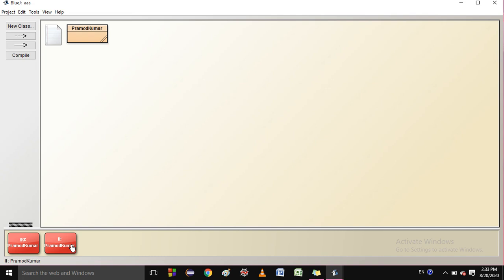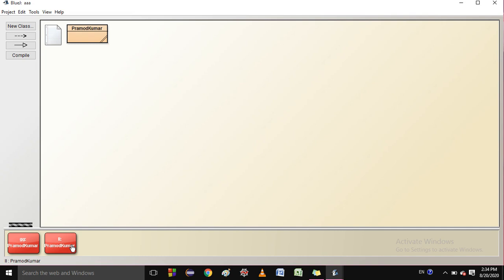If I talk about the main group person, that means male group, and I create a class of male, then that male group will contain many objects like Pramod, Rakesh, Mohan. These are the persons, these are the objects, and male is the class name. These objects are created inside the class. That's why we can say they are instances of the class.